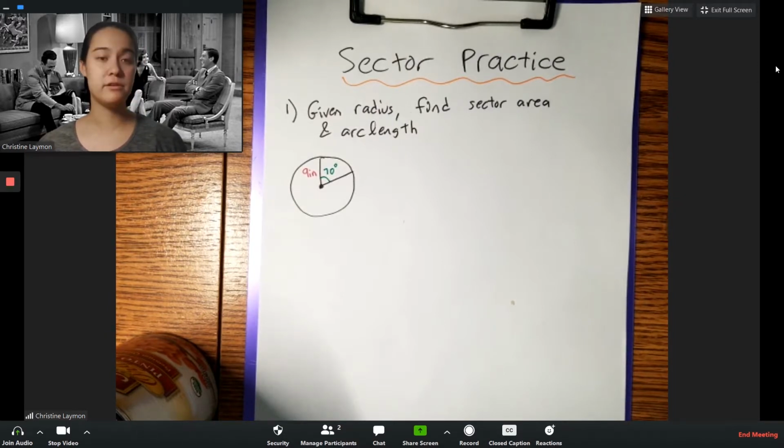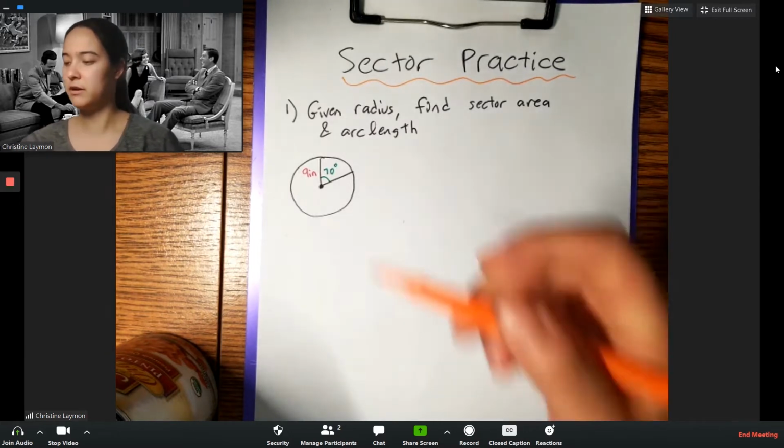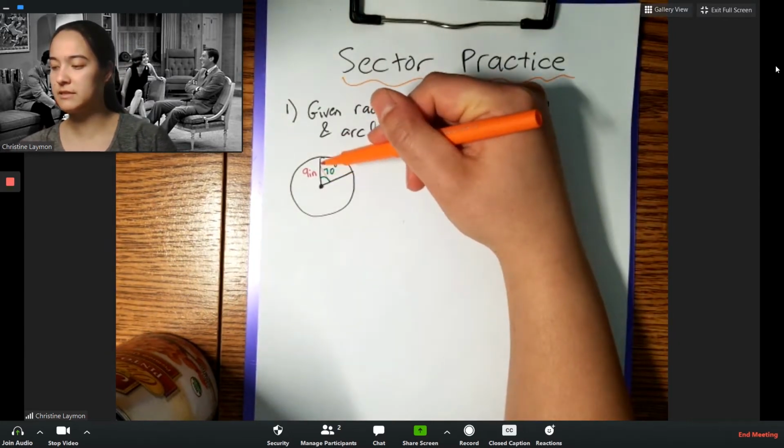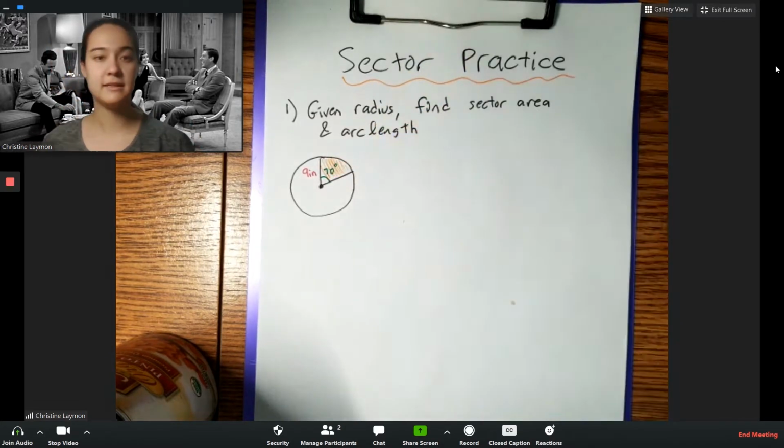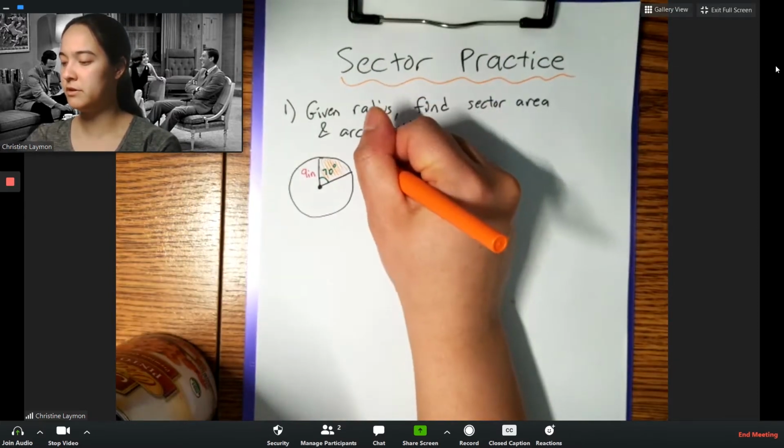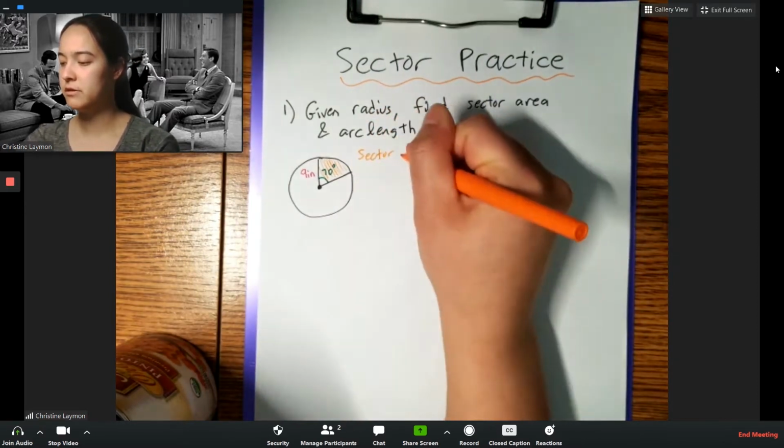I'm going to go ahead and do sector area first. Notice that sector area is everything inside here. I'm just going to lightly color over it. Everything on the inside is the sector area. Okay. So I'm going to do sector area